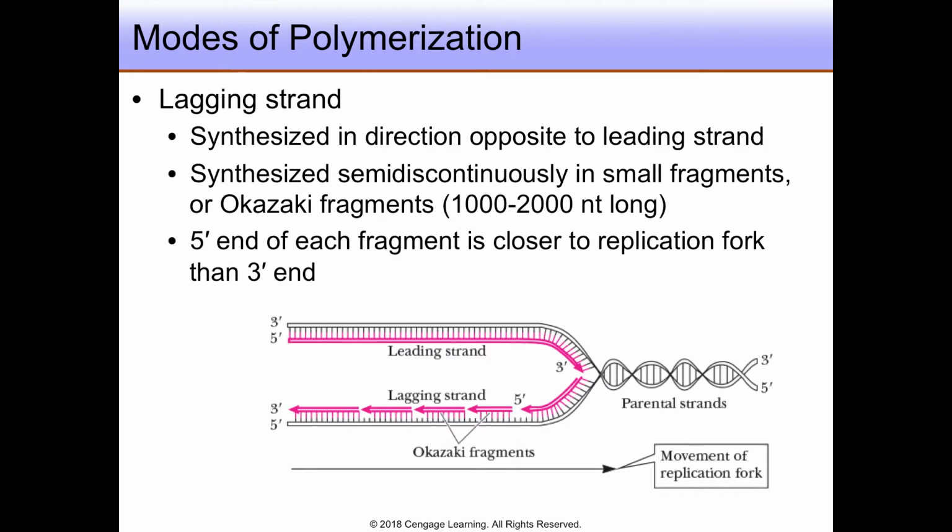However, we encounter a problem with the bottom parent strand, the 5' end. Recall that DNA polymerase must read the parent in the 3' to 5' direction in order to synthesize the daughter in the 5' to 3' direction. This means that DNA polymerase cannot bind to the 5' end and read left to right. Instead, it must bind upstream of the end and move right to left to read the parent and synthesize the